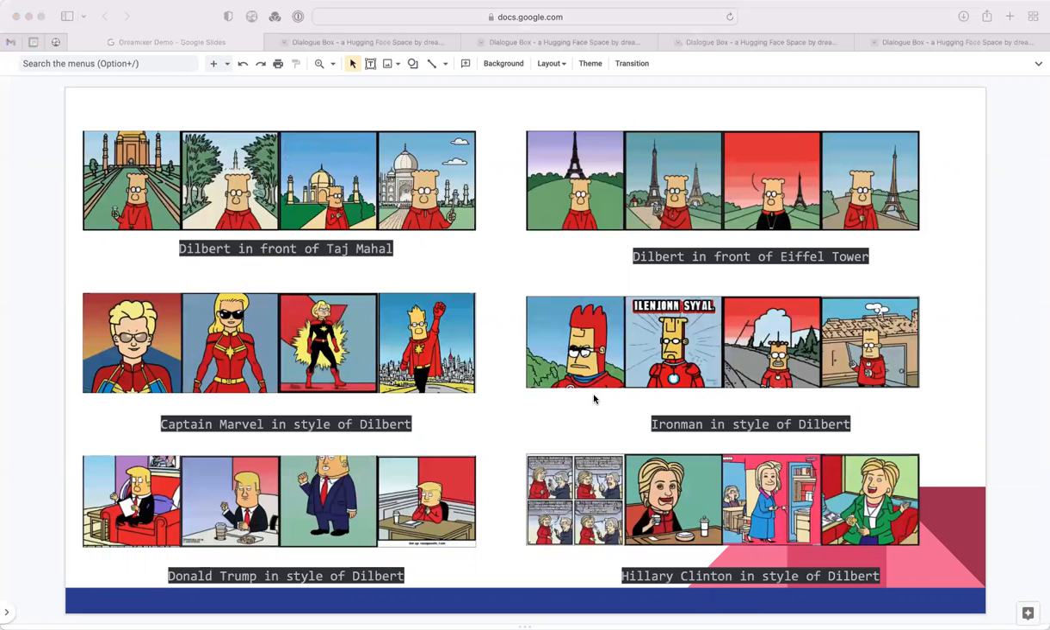Not only that, we can also place comic characters in novel settings. For example, in the first 2 strips, Dilbert is standing in front of Taj Mahal and Dilbert standing in front of Eiffel Tower. Not only the Dilbert universe characters, but we can also use characters from outside the Dilbert universe